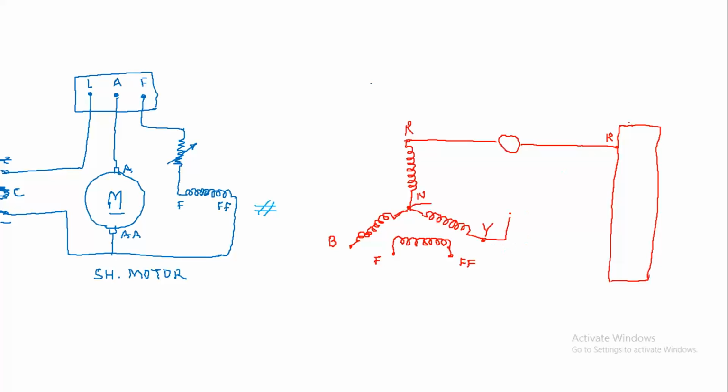Y phase is connected to the load. This is the second terminal of the load, and this is the B phase. B phase is connected to the load here. So the load is also star connected. We have this load in the laboratory. It is also star connected. So this is an AC ammeter, MI type ammeter, connected to note the current delivered to the load.